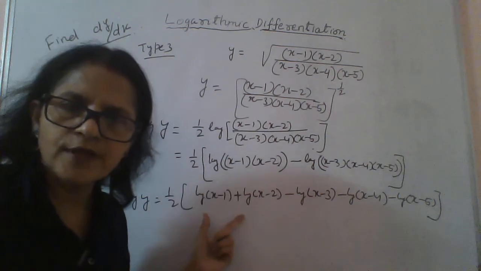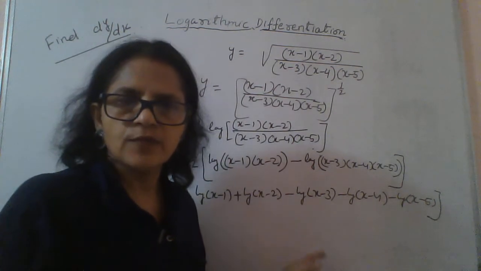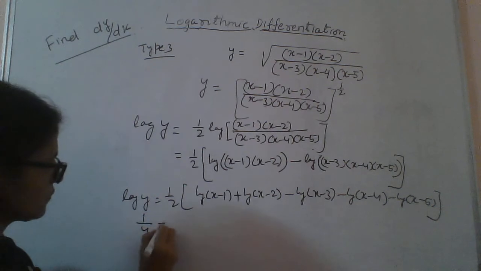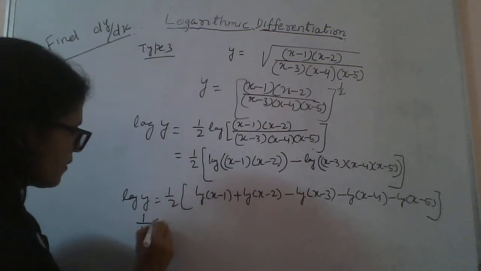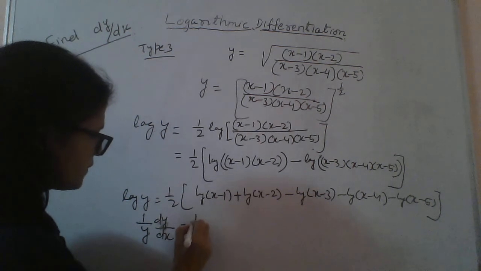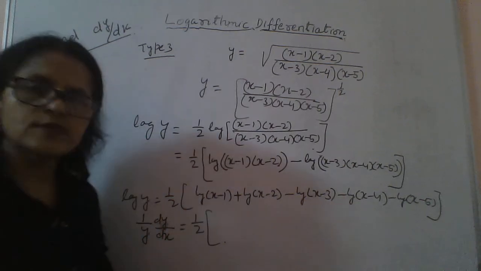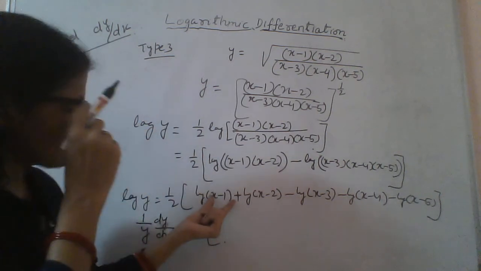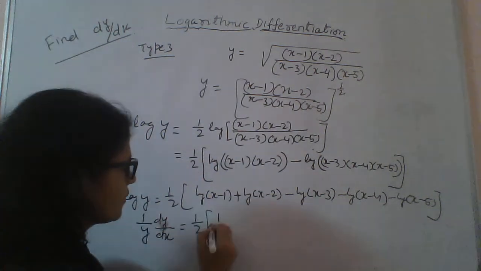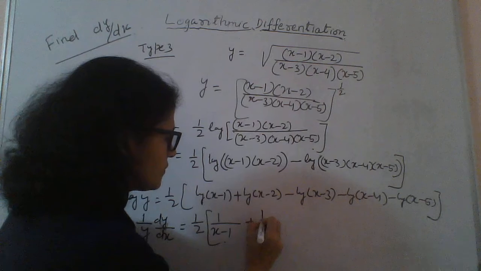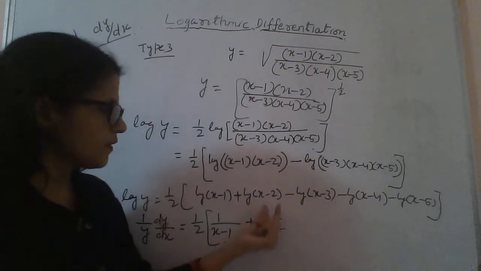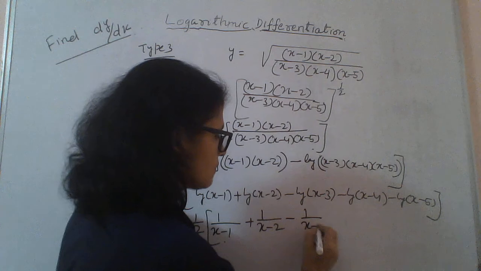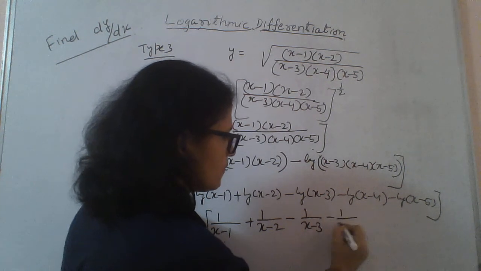Okay, so now if you differentiate, it is very easy. Now differentiating both sides with respect to x, you are having 1 by y into dy by dx equal to half of, now log (x minus 1) with respect to x, derivative of x minus 1 is 1, so you are getting 1 by (x minus 1) plus, similarly, 1 by (x minus 2), because the derivative of x minus 2 with respect to x is 1, minus 1 by (x minus 3) minus 1 by (x minus 4)